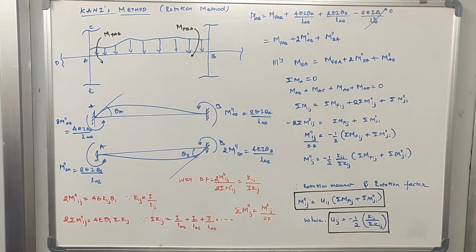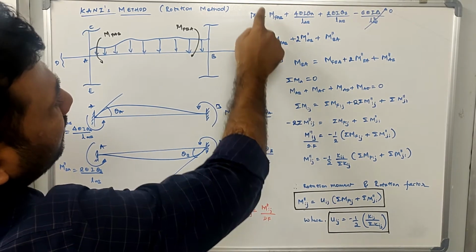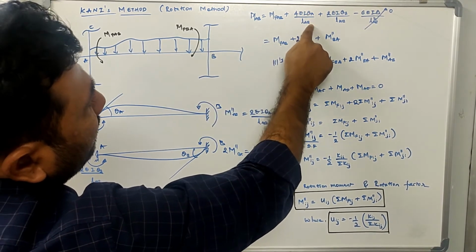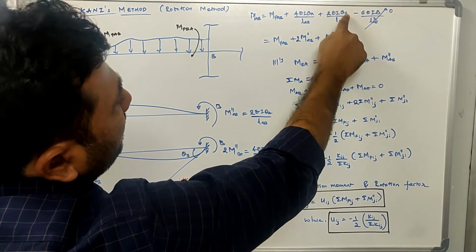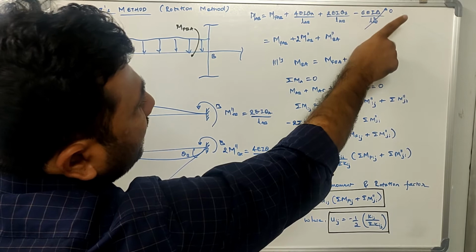Okay, now I hope you all remember the equation that we used while solving the slope deflection equations. So what was the equation I used? I had used this equation called MAB. MAB is the end moment, equals MFAB plus 2 EI theta A divided by LAB plus 2 EI theta B divided by LAB minus 6 EI delta divided by L square, right?